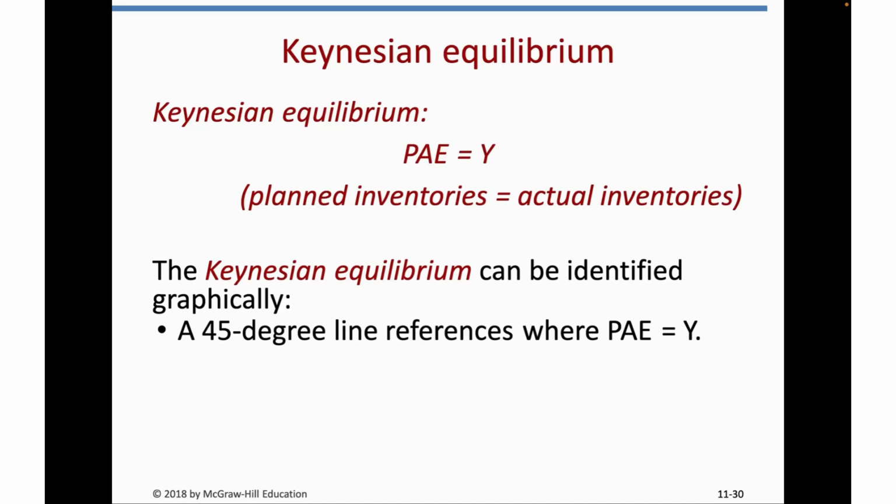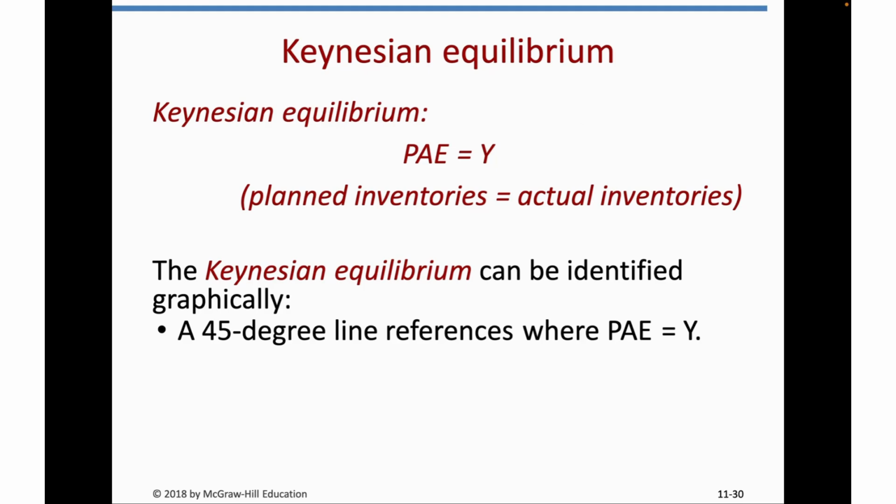Keynesian equilibrium is, as the slide says, a 45-degree line starting at 0 on a graph that shows where planned inventories would equal actual inventories. This point is where the PAE, planned aggregate expenditures, and Y intersect. So you're going to solve for Keynesian equilibrium using the equation listed here, where planned inventories equal actual inventories, PAE